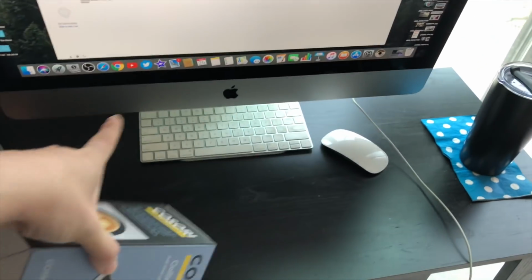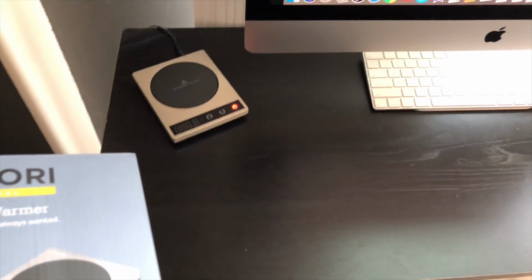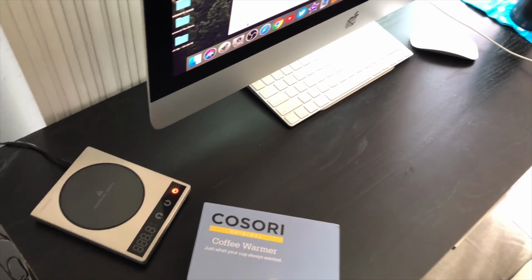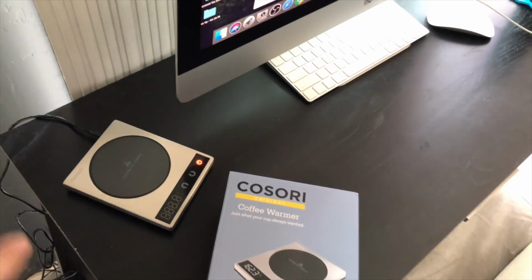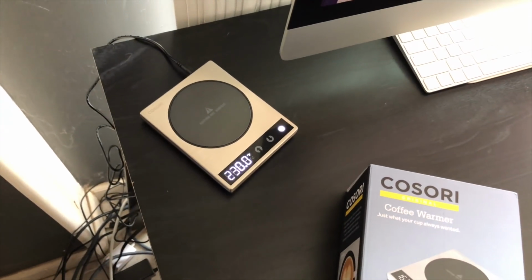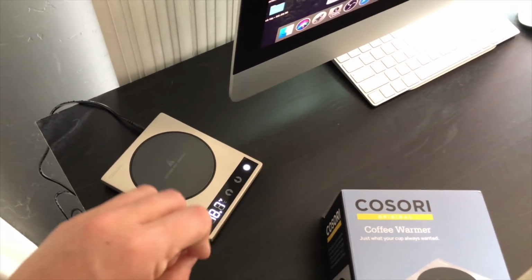So my computer, I actually moved it downstairs for right now. I'll move it back, but we brought it down when we did the live stream for you guys, and I was like, you know what, leave it down here for now, because when we do homeschool stuff, I can kind of work on my stuff too, and he's just literally right here behind me then. With that said, look at this. This is awesome. It literally just turns on like that, takes a couple minutes and heats up to 220 degrees, and it keeps my coffee cup